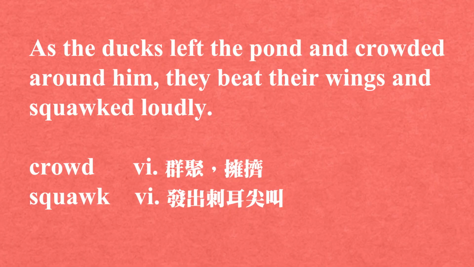Our next sentence. As the ducks left the pond and crowded around him, they beat their wings and squawked loudly. 我觉得整个场景都失控了。他就说了，As the ducks left the pond and crowded around him，这个 as 就是 when，就是在这个东西发生的时候，这些鸭子突然离开了池塘，全部聚拢，crowded around him，就是在他身边围绕着，把他围堵起来了，完全堵住。They beat their wings，开始鼓动他们的翅膀。这个 beat 用过去式，它的三态是同形的。And squawked loudly，就是很大声地呱呱呱一直叫。